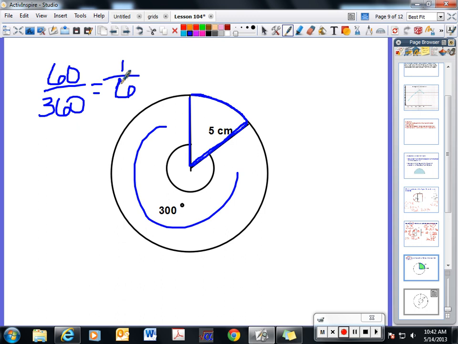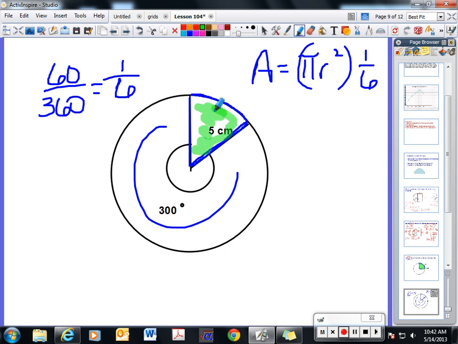That means if we find the area of the entire circle, pi r squared, and we take it times 1/6, that will give us the area of just the sector itself. And I'm going to shade that in here real light. It'd be this part right here. Okay? All right, so let's see, we've got